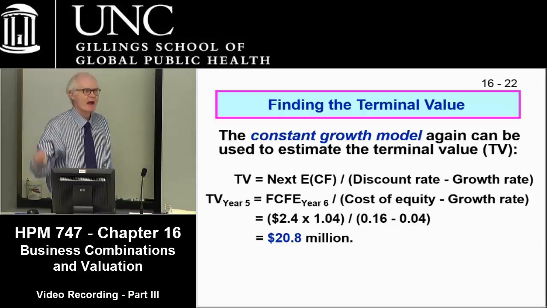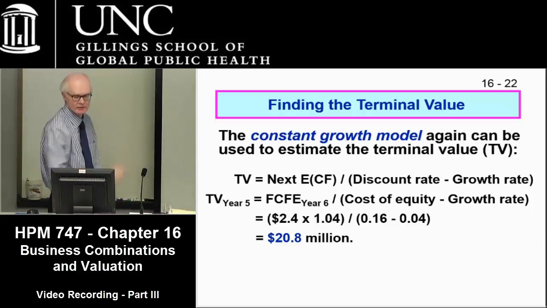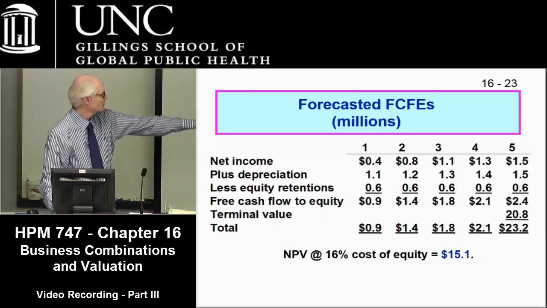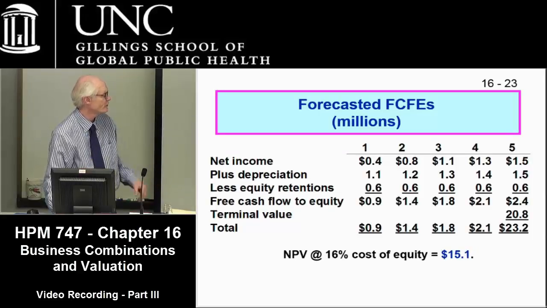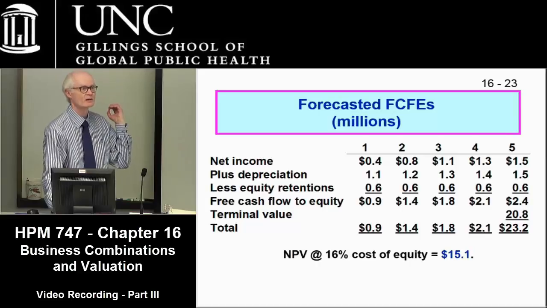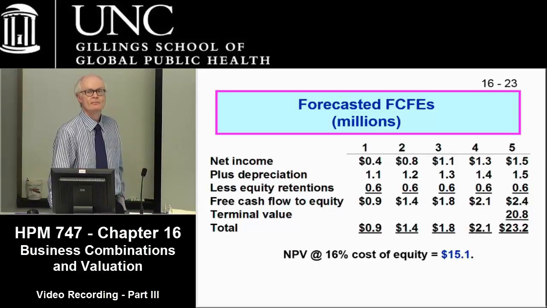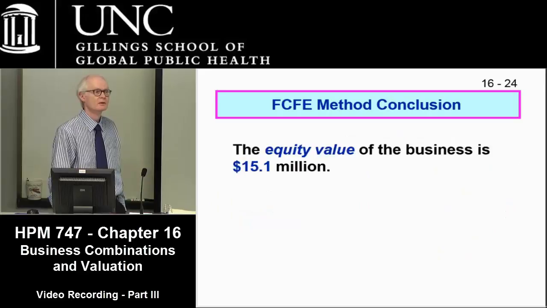So the terminal value is really what the value of the clinic would be 5 years from today. But we have to bring that back to today's dollars, which is why it's included in the bottom line, why it's included in that cash flow over there. It's part of the 23.2. We have to bring that back to today's dollars. Other questions about